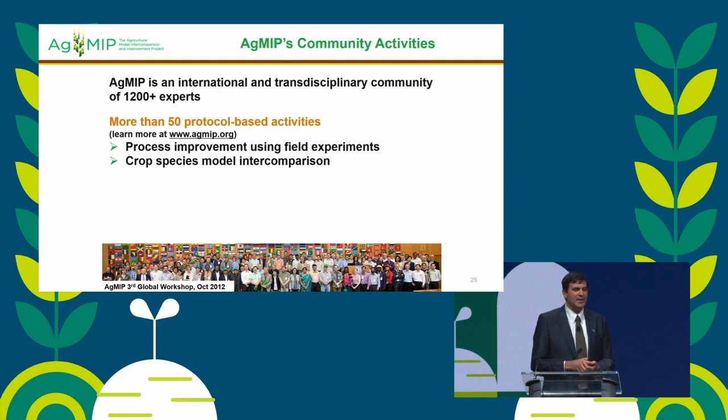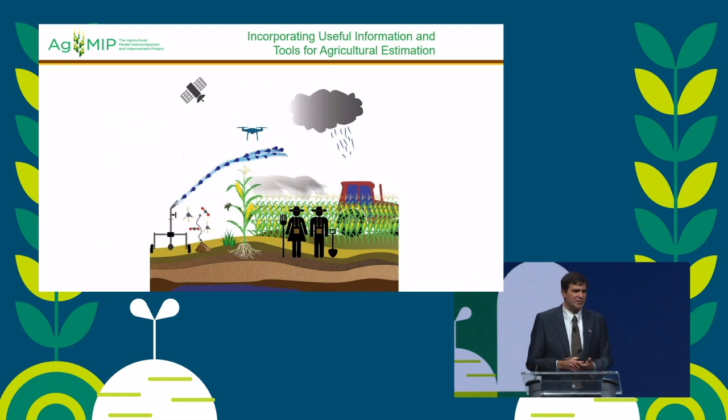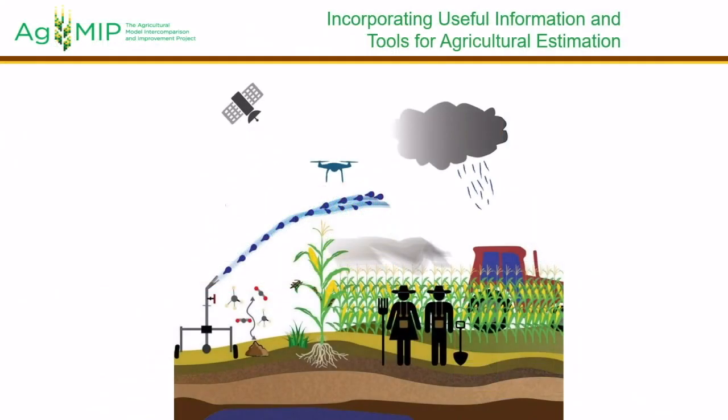This has led not only to improvements in evapotranspiration, but we even organize some of these things around specific crop species intercomparisons. And just to give you an idea what we're talking about here, this is a simple representation of a field, but looking at several different ways that we examine the field and several different things that we're looking at. So of course we want to be able to look down from space and understand what we can see from there. We also have drones and other remote sensing approaches that we're factoring in.